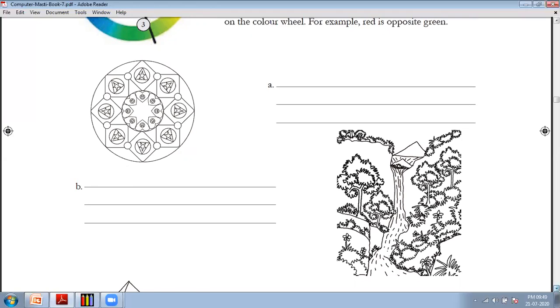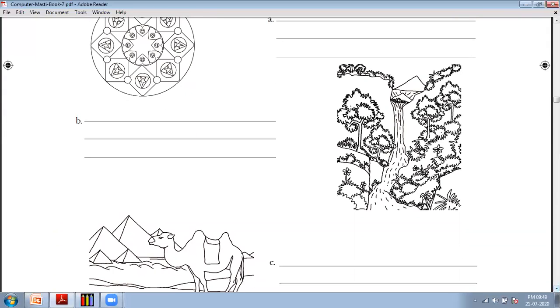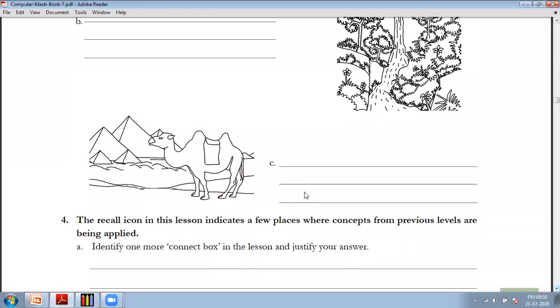Now B will use cool colors. We can fill this drawing with cool colors such as blue, green, purple, like that. So here we can use cool colors. Here in the C picture, we can use complementary colors. We can fill this drawing with complementary colors. So this is all about